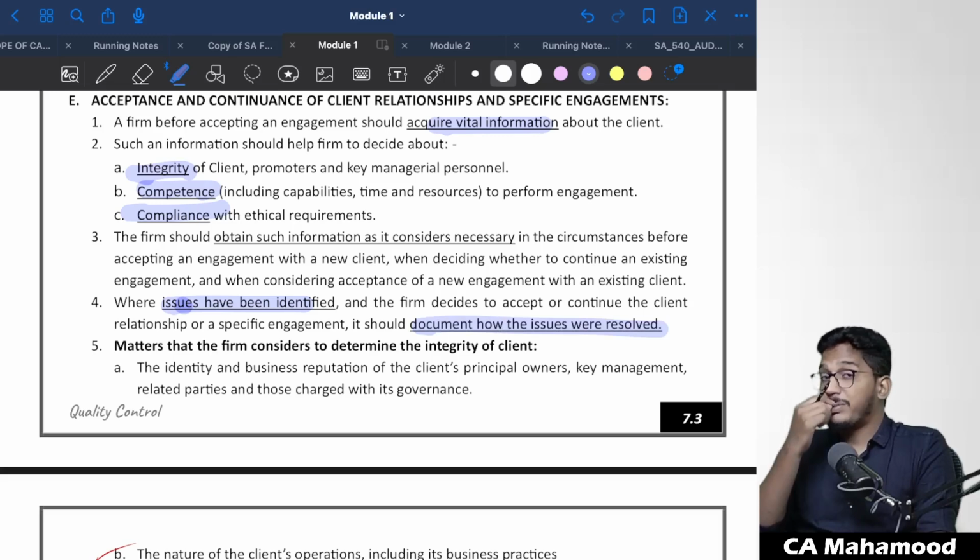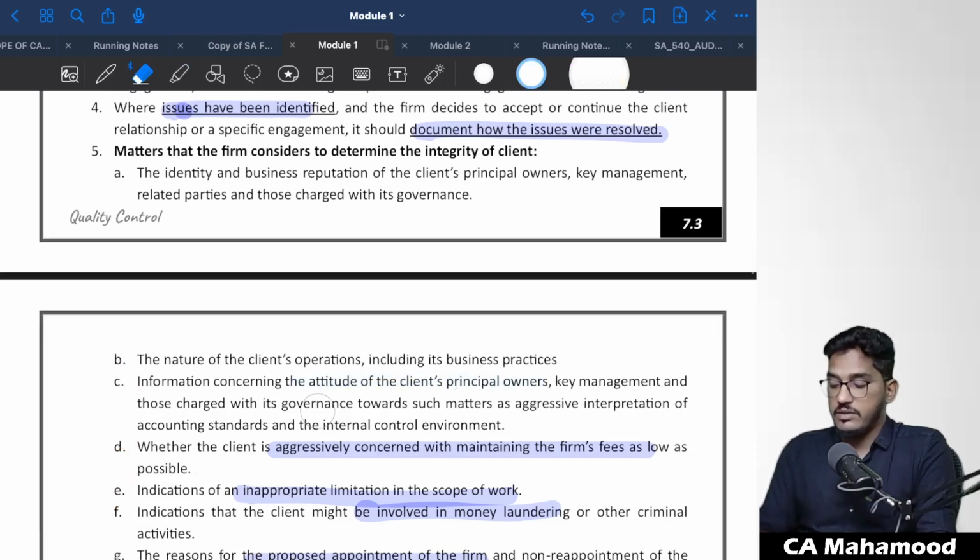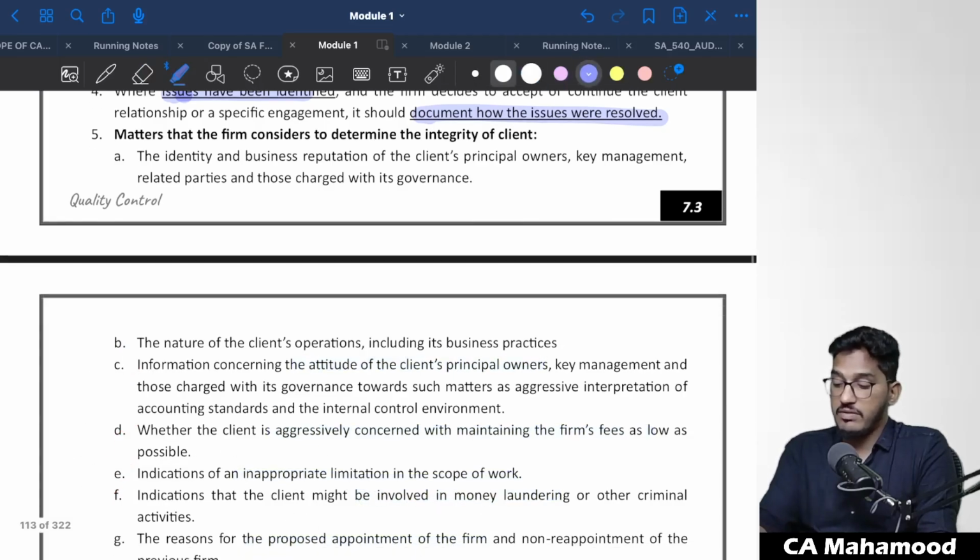Sir, you are telling us to obtain information regarding the integrity of the client, but how can I get to know about it? Various factors you have to consider. So what factors do you have to consider? That list they have given here. The factors like